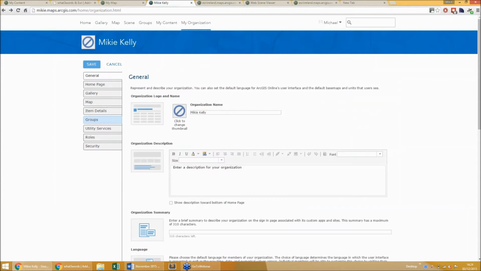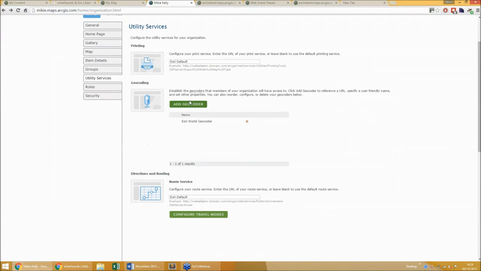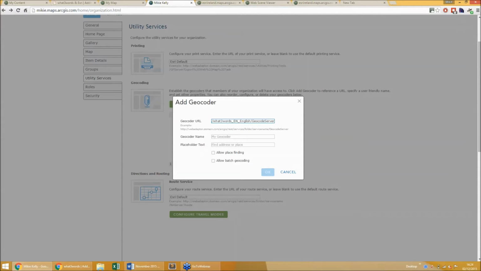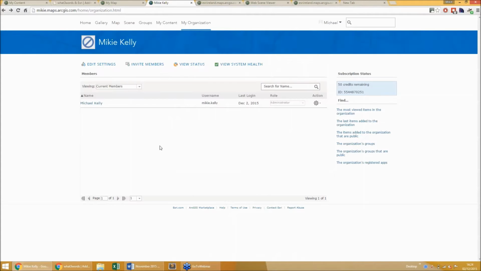Okay, so I'll edit settings, utility services, add the geocoder, what3words, enter 3 words. Okay, and go down to the bottom and click save, and then you can go into your map.